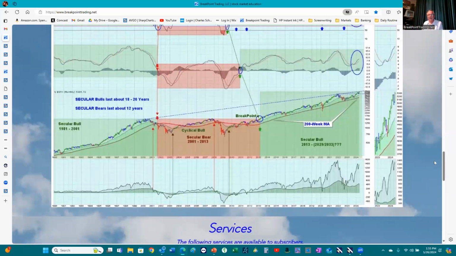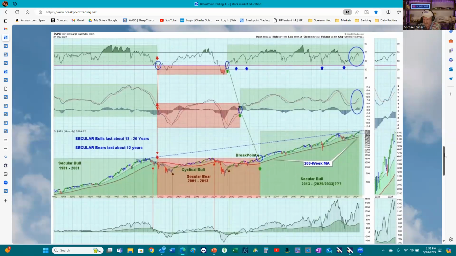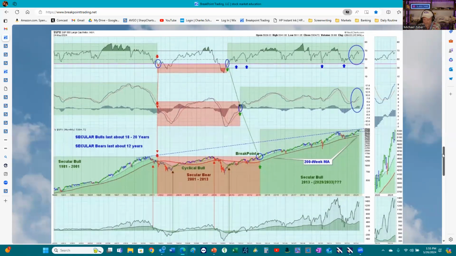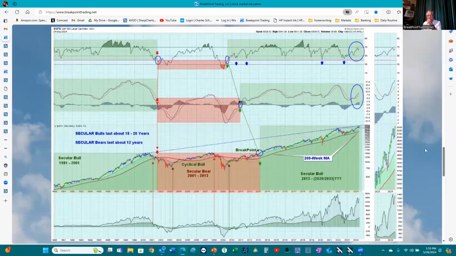I have no idea what you should do. I can't tell you. I don't know what each person's risk profile is. I don't know what their overall goals are. I don't know if they're a long-term investor versus a trader. But I can tell you based on history, and this concept right here that I'm showing you,